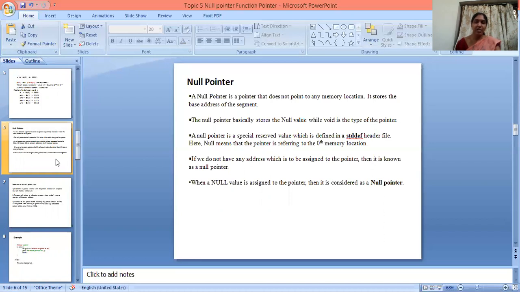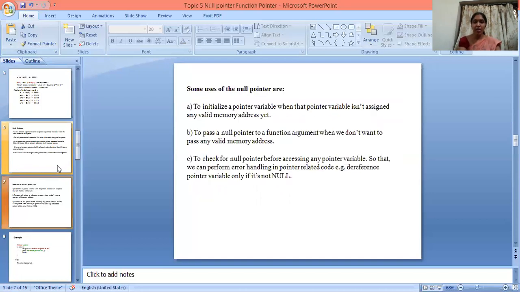Here null means that the pointer is referring to the 0th memory location. If we do not have any address to be assigned to the pointer, then it is known as a null pointer. When a null value is assigned to the pointer, then it is considered a null pointer.